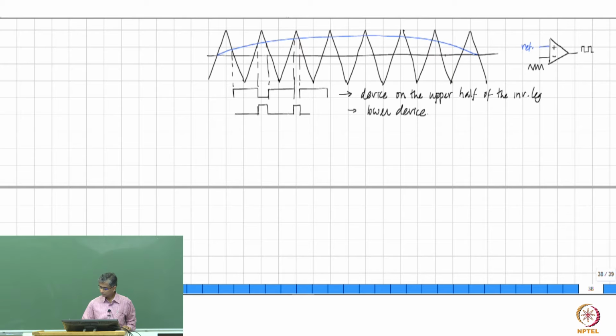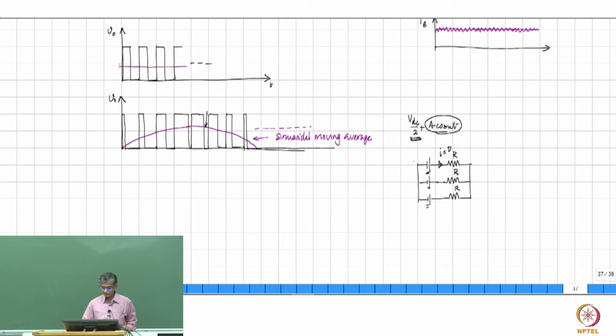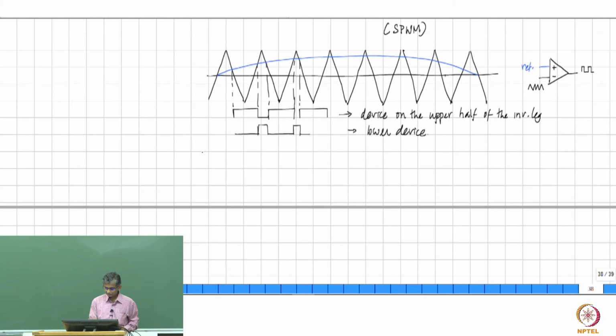So if you do this, then you will be able to generate a system that looks like this, and therefore you get a sinusoidal moving average, and the electric motor responds only to this sinusoidal moving average, because the other term which is there, which is DC, the motor does not respond to DC because all the phases have the same level of DC. So there will be no current flow due to the DC component, but you will have current flow due to the sinusoidal component. And the way it is done is, then the inverter has